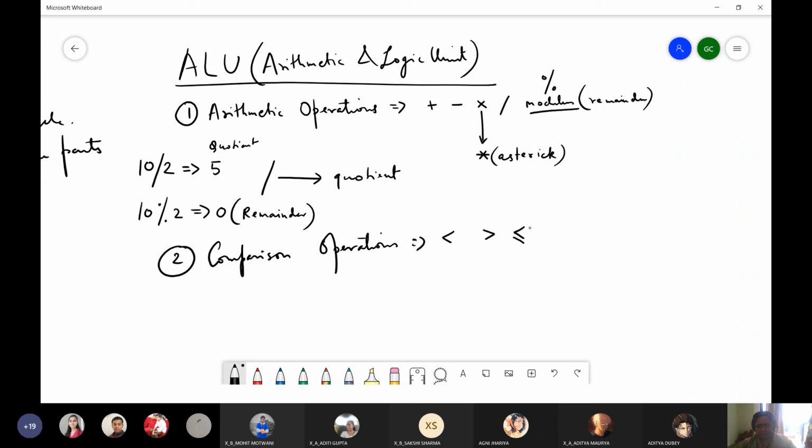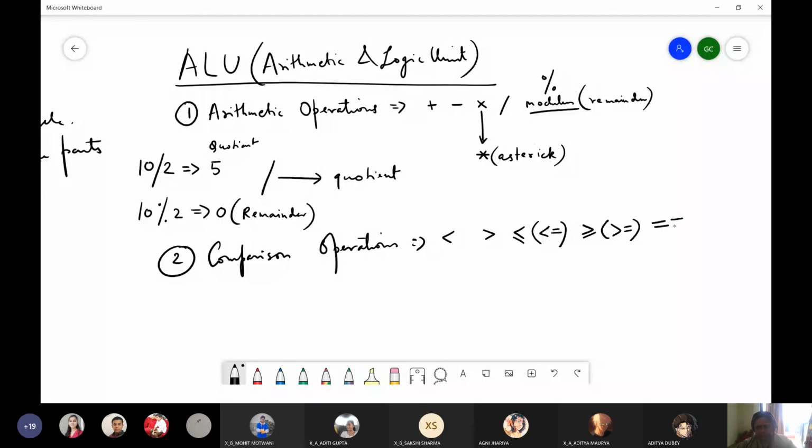But when we are dealing with this in programming or on a computer, you will be writing it like this, because there is no such symbol on the keyboard which looks like this. So that is why we write the less than or equal to sign like this. In the same way, greater than or equal to is also written like this.